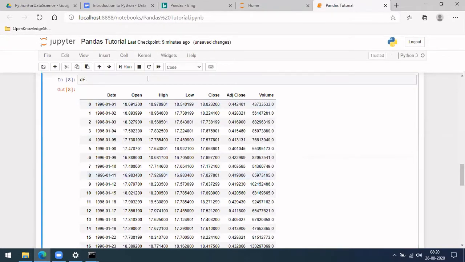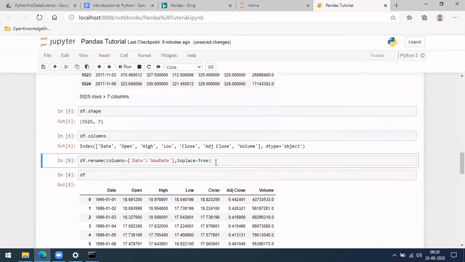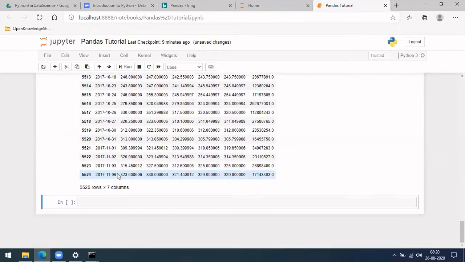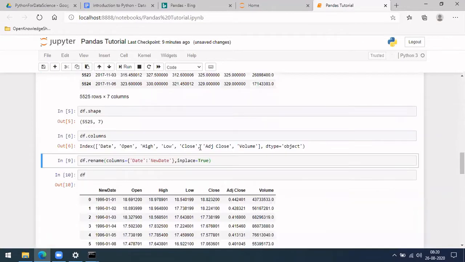I have run it now, so let me run df again. So you can see in df as well, this has changed to new date. Okay, this is the difference.